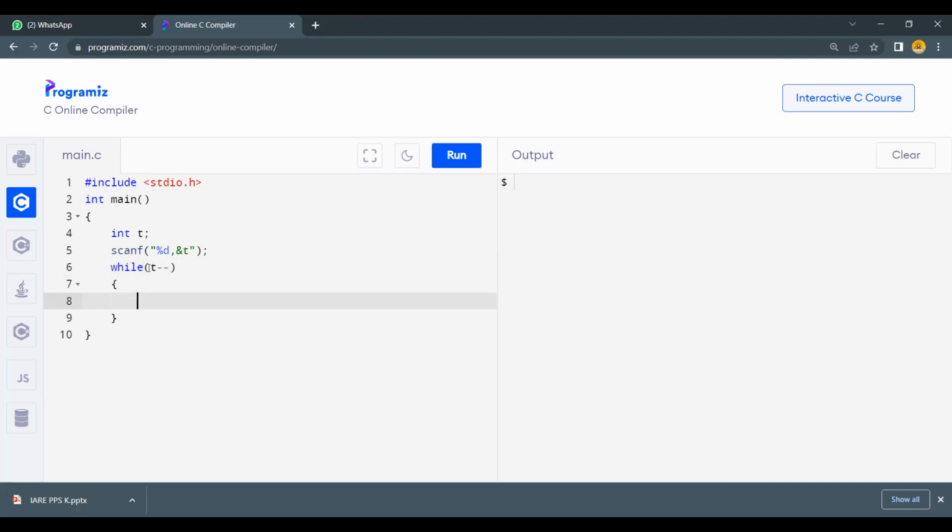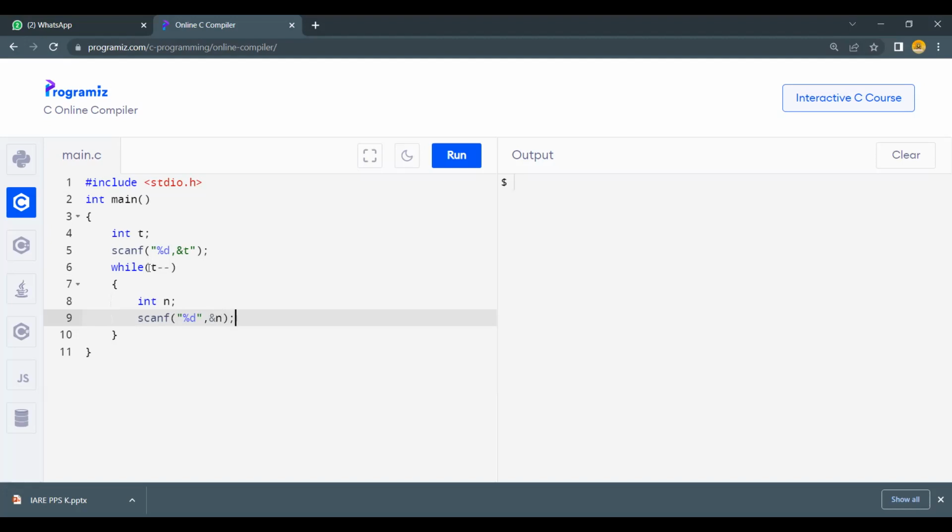Inside the while loop we are taking another data type int and taking another variable n. And we are scanning the variable like hash %ld, comma ampersand n. If the user gives the input, it will be stored into the n variable with the help of scanf